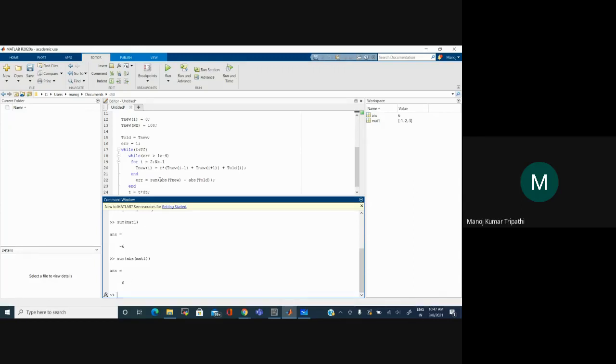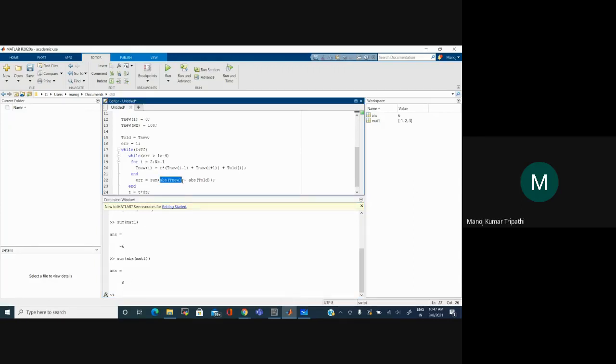So here we are first taking the absolute value of this matrix, subtracting absolute values of old matrix, and then taking sum of all the elements. If you are doing it in Python or some other programming language, then you may have to write a for loop here also for summing all the absolute values. Okay. I hope this is clear till now. If you have any question, you can ask.